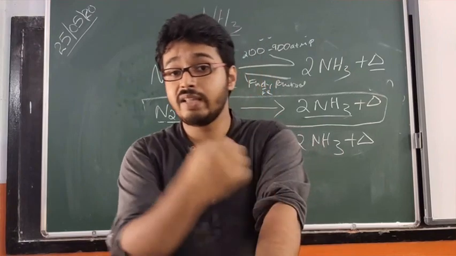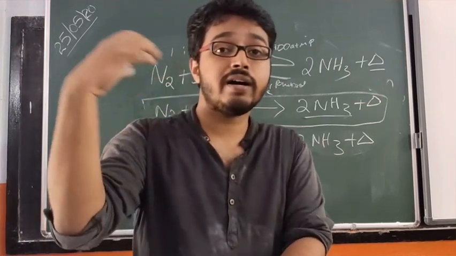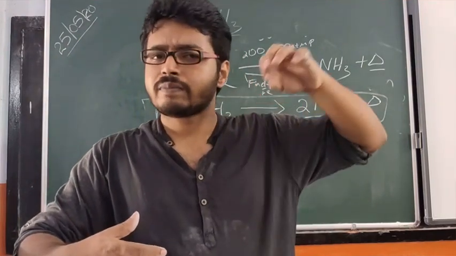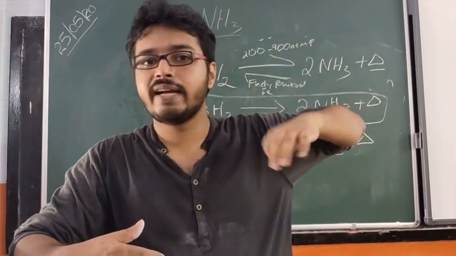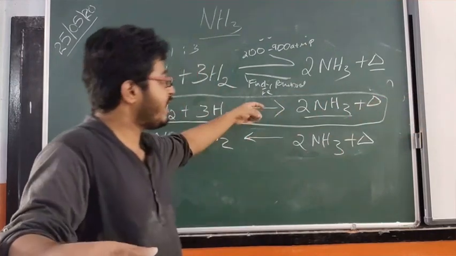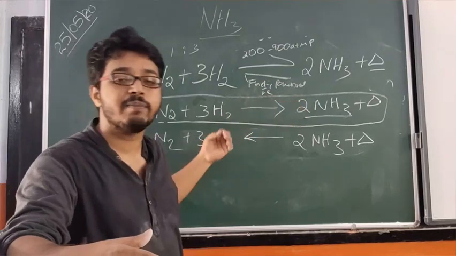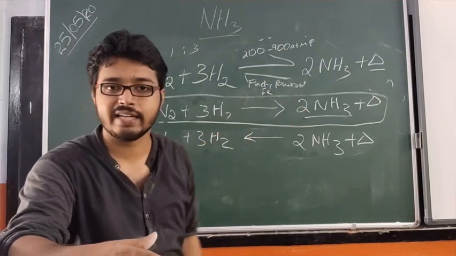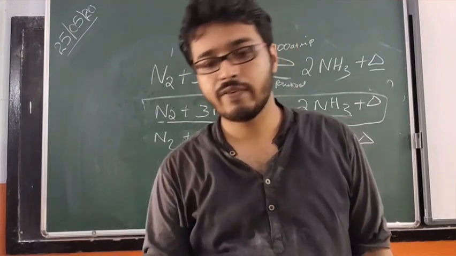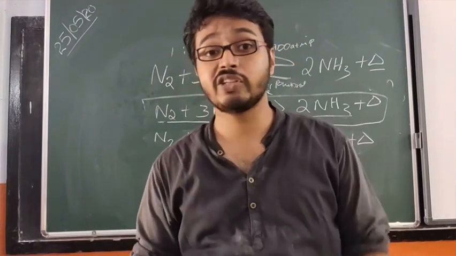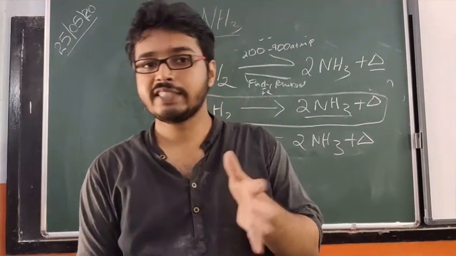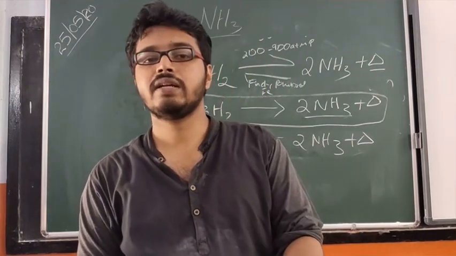Why are they keeping it between 450 and 500 degrees Celsius? If they decrease the temperature below that, there won't be any reaction. If they increase the temperature, the ammonia, the product that we want, will decompose back into nitrogen and hydrogen. I hope you understood the temperature condition in the Haber process. If you don't, just go back and listen once again.